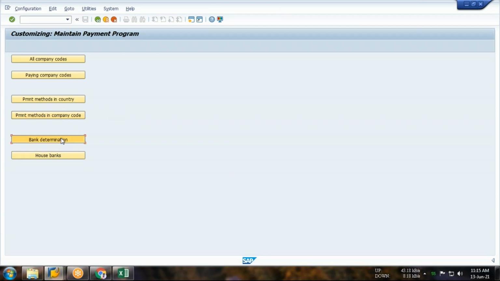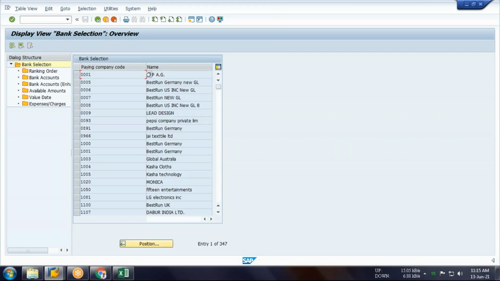Next is bank determination. Guys, don't worry. I will give you the entire configuration part. But today I'm going to show you how to deal with the automatic payment. Okay.